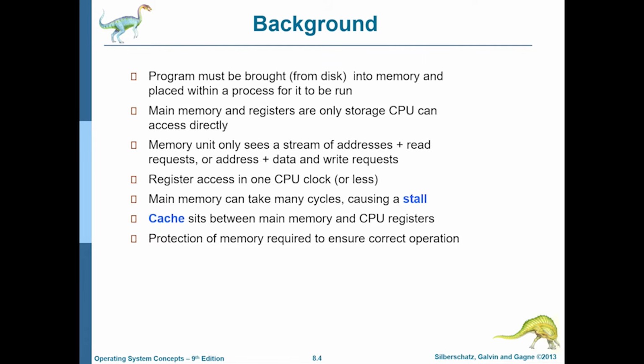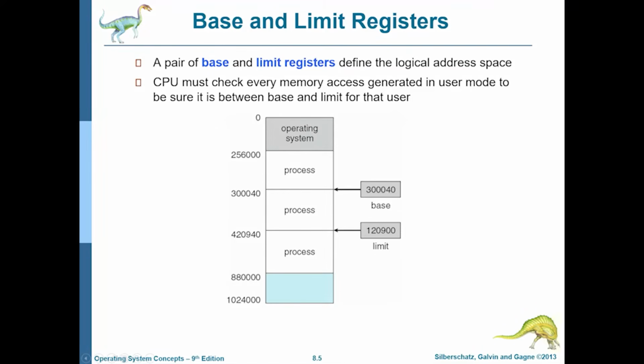And we cannot let that happen. So let's look at a very simple way in which that protection can be achieved. That kind of protection can be achieved by using the concept of base and limit registers. So here you can see the operating system has its own area. It usually uses the lower memory addresses because 0 is right here and the memory is increasing in this direction. The operating system is sitting right here in its area, and then here is one process, here is another, and here is yet another process.